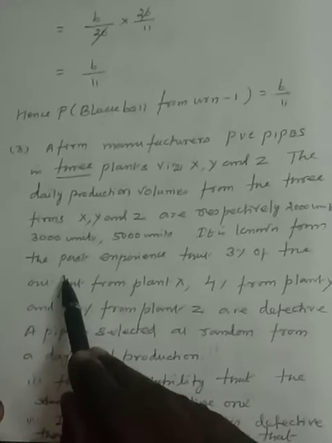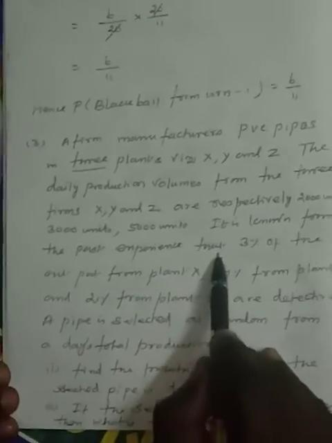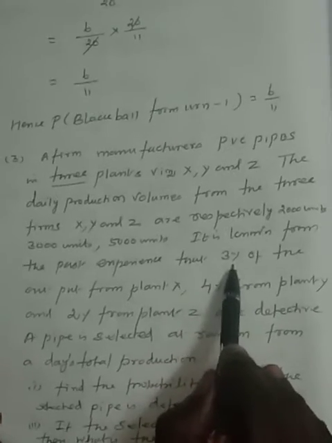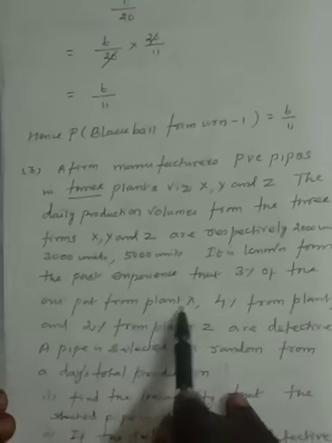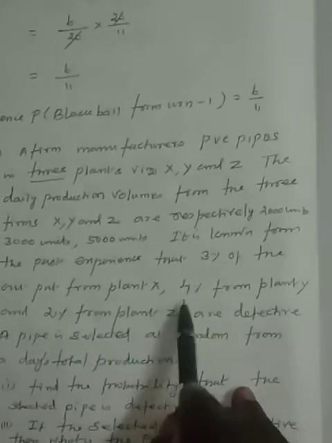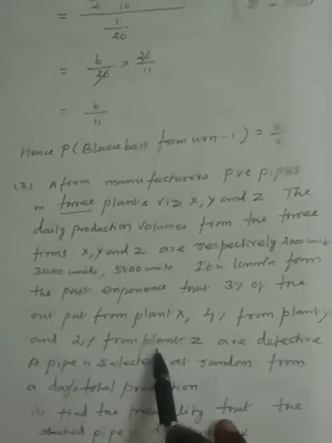It is known from past experience that 3% of the output from plant number 1 or X, 4% from plant Y and 2% from plant Z